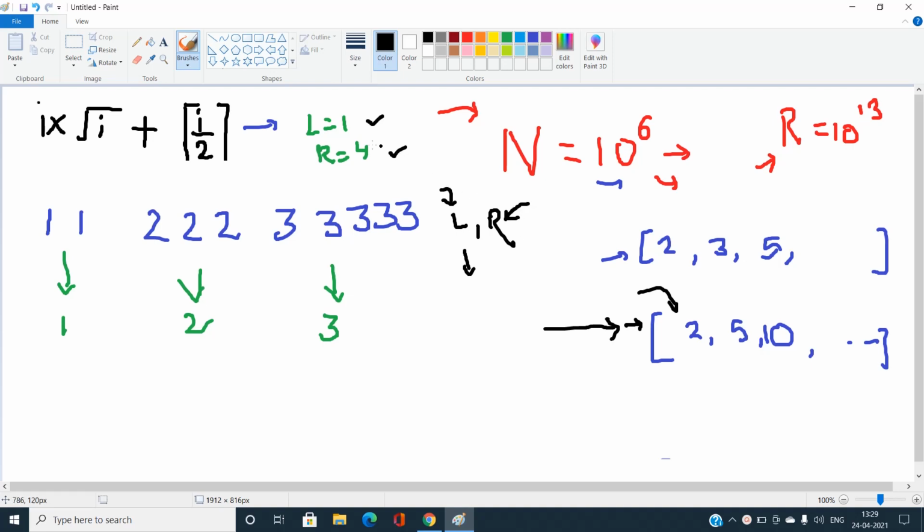Okay, now you can see L is going to be 1, and what is the minimum index I such that the value present at that index I should be greater than or equal to 1. You can easily see it should correspond to this index. Okay, so I think I've told something wrong. It should not be minimum index. What is the maximum index? I think. No. Okay, yes, it is correct. What is the minimum index I such that the value present at this index I should be greater than or equal to this R? You can see the minimum index I just crossing this value is like 5.